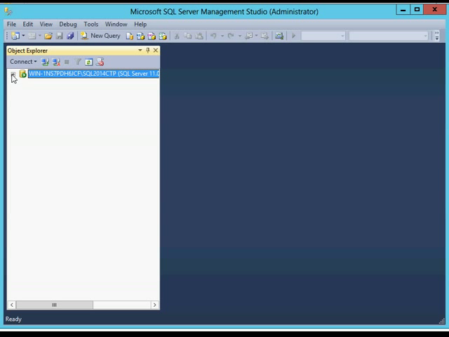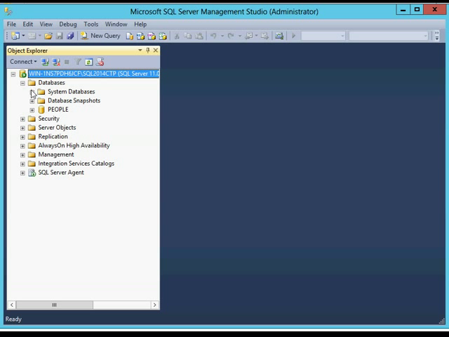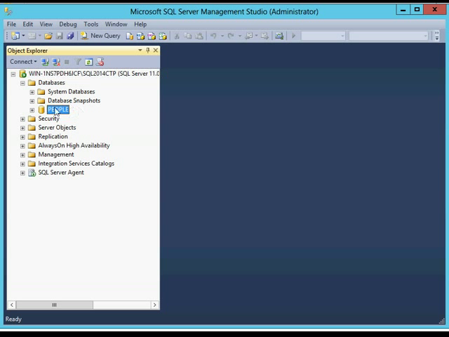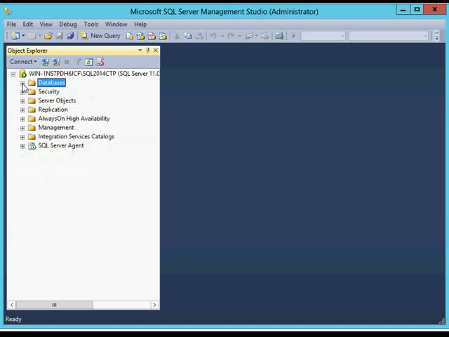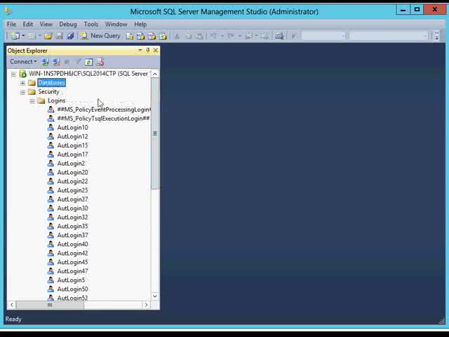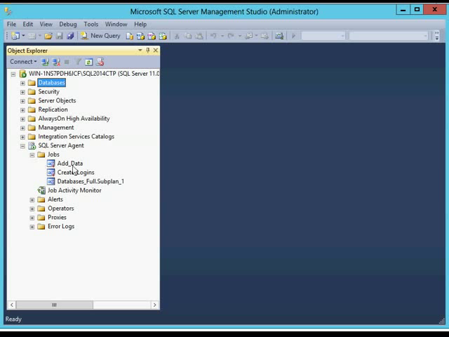So let's take a look at this instance of SQL Server. We have a couple of system databases, then we have the user database here. We have some logins created. I also have some jobs here,